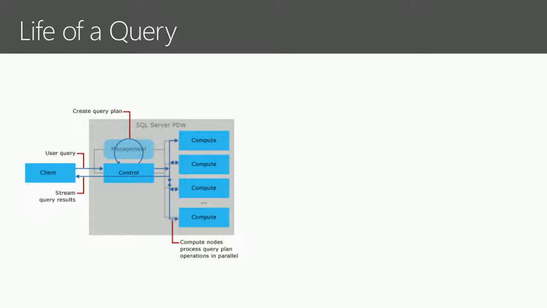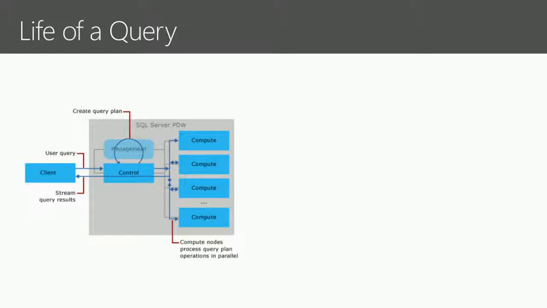In the case of something like a metadata query, it'll pull locally from the data that it has. So if you said, I want to select star from systables, it'll just use the shell database that it has locally, and it'll respond immediately. In the case of something like select star from a user distributed table, let's say it's products, and we have that split as a hash distributed table across multiple compute nodes,